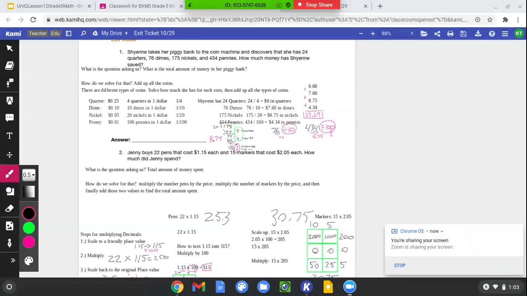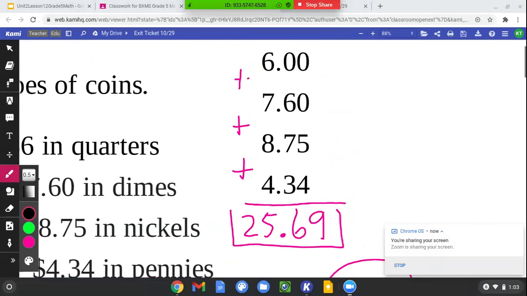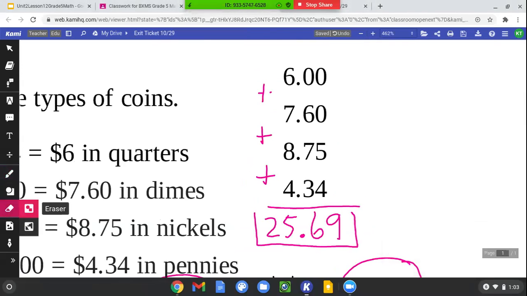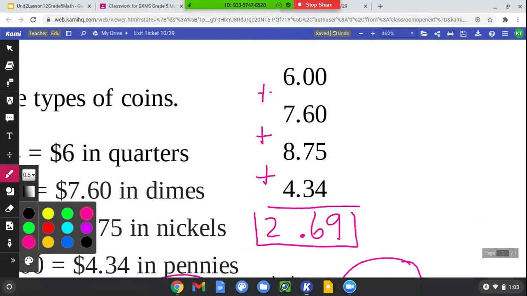Before we go, I have to humble myself and admit a mistake that I made. Right here, I did not carry the 1. This is why we check our work, scholars. I apologize. I am so sorry. It is not $25. I did not carry the 1 because this turned into a 16 and I should have carried that 1, making it